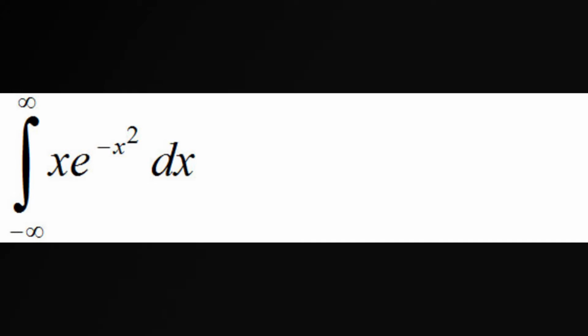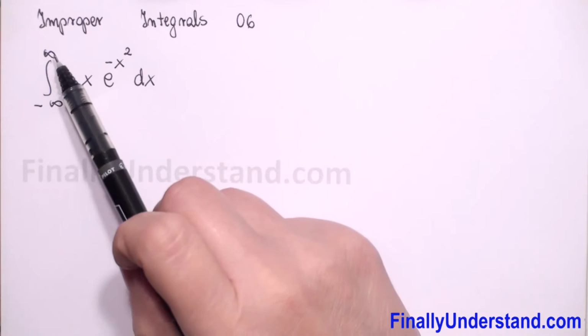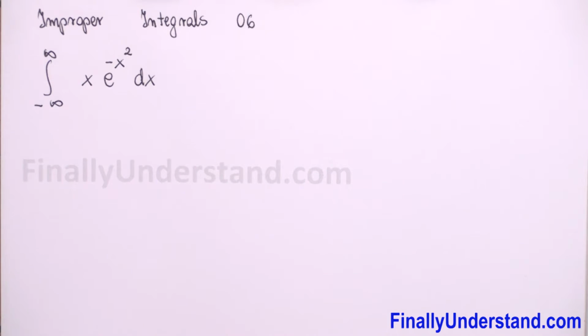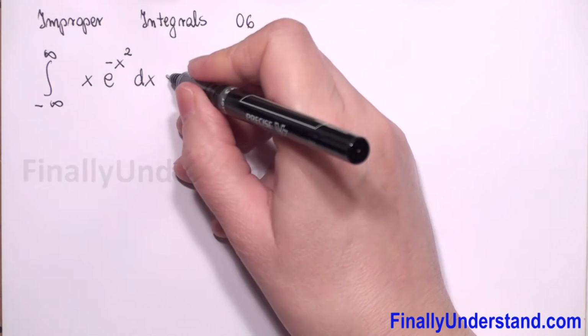In this case, we have infinities in both limits, upper limit and lower limit. So we will need to split the integral up into two separate integrals. We can split the integral up at any point. So let's choose 0, since this will be a convenient point for the evaluation process. So the integral we can rewrite to